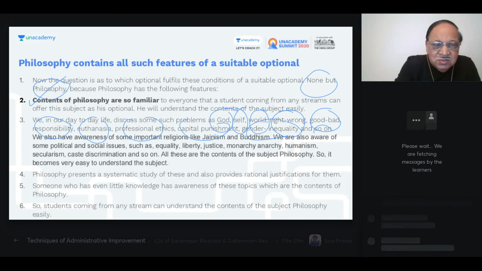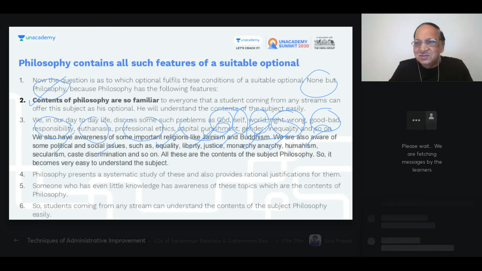We also have awareness of some important religions like Jainism, Buddhism. We are also aware of some political and social issues such as equality, liberty, justice, monarchy, anarchy, humanism, secularism, caste